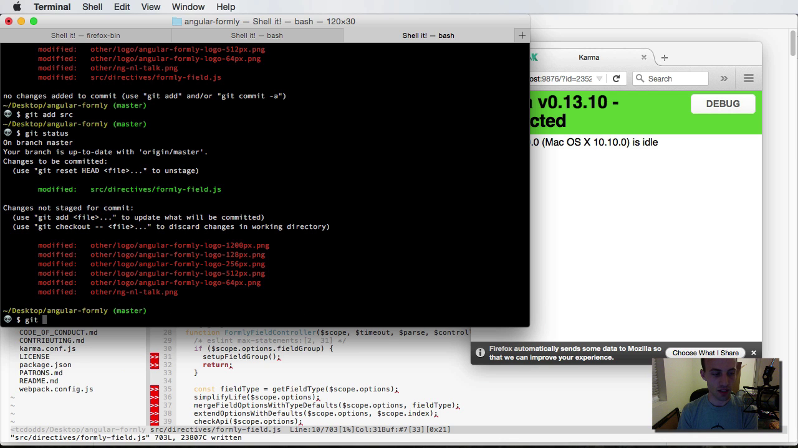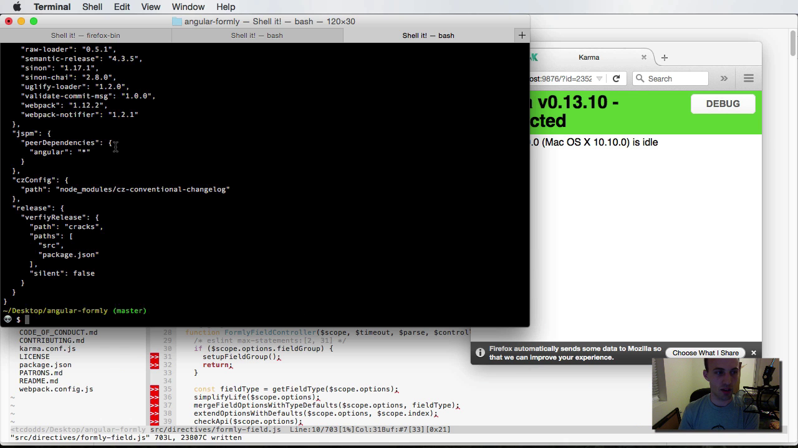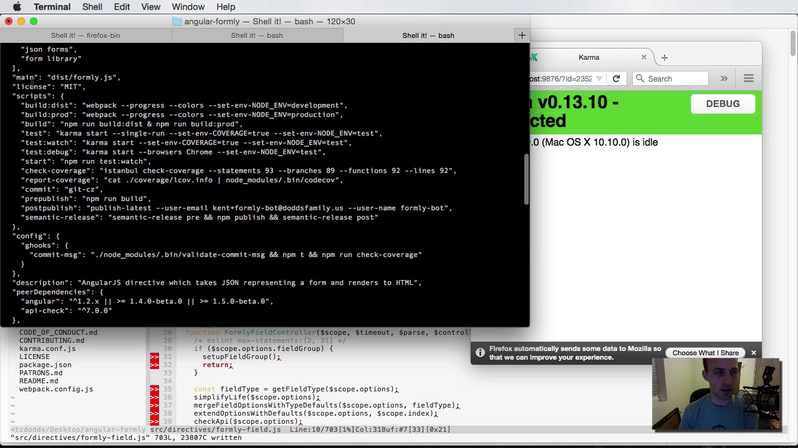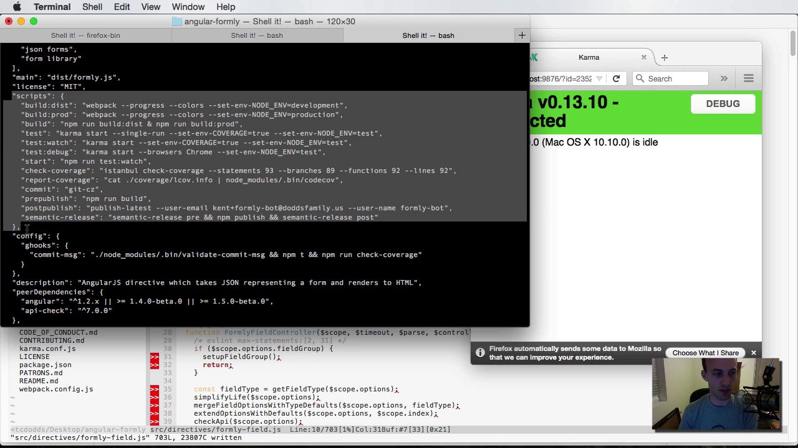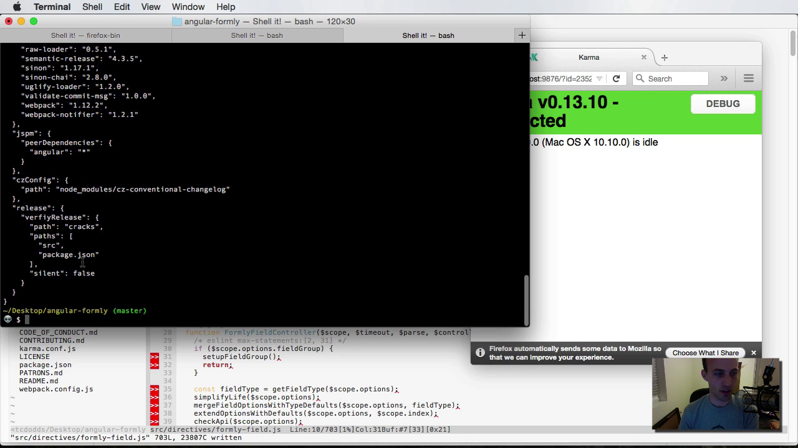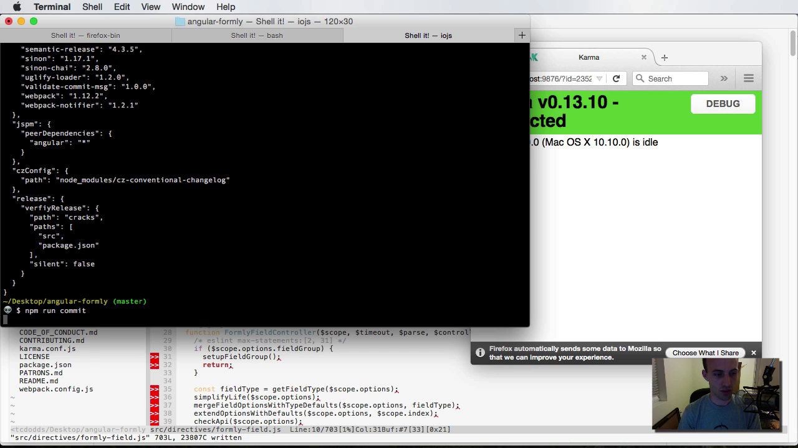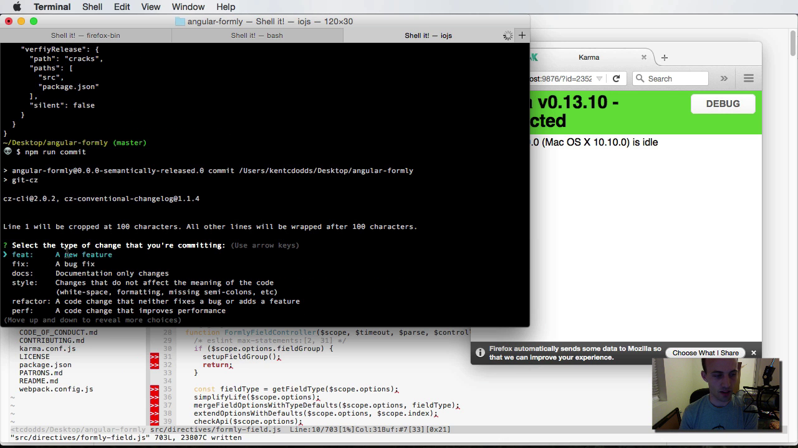So instead of git commit, we're going to actually run an npm script. And by the way, all of the npm scripts, when you say npm run, they all live in the package.json file under scripts here. You can run npm run any of these and they should all work. So we'll run npm run commit, which is one of the scripts,